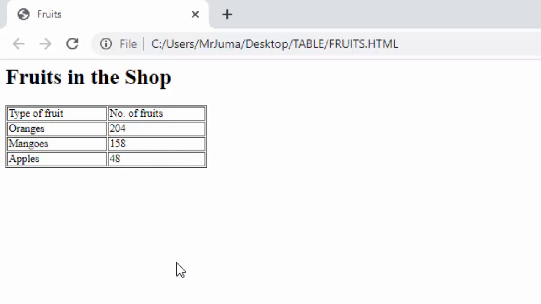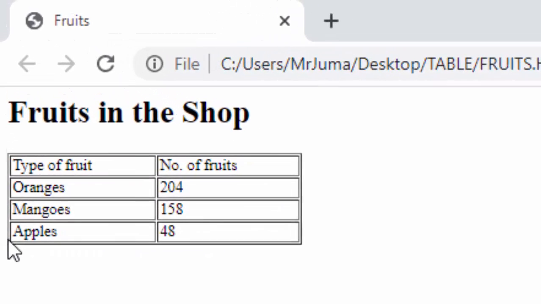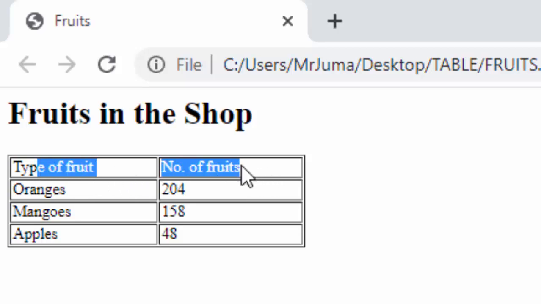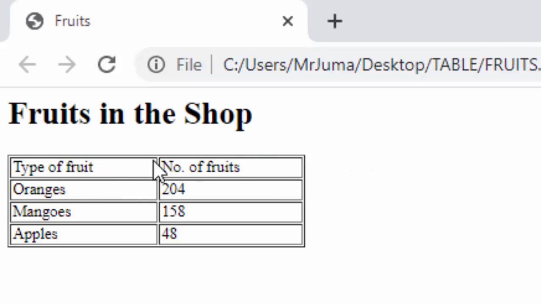page. So finally I want to go and style this heading and style this table. You can see the border is showing double lines. I want to remove the double lines, and also I want these two cells, or the first row, to have a background color of yellow. To do that,